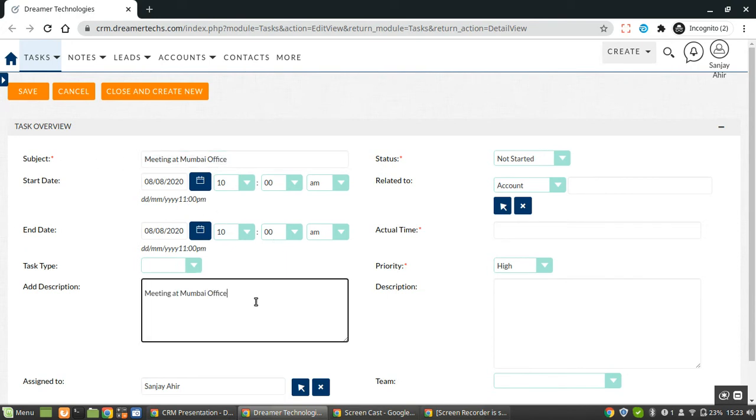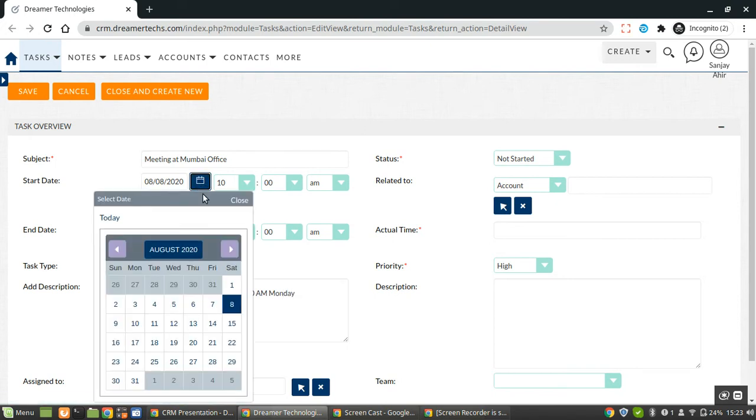The same way I can put the description in detail. I can select the date and everything here.